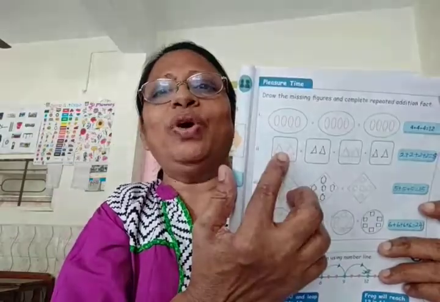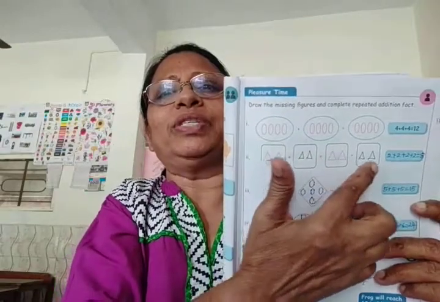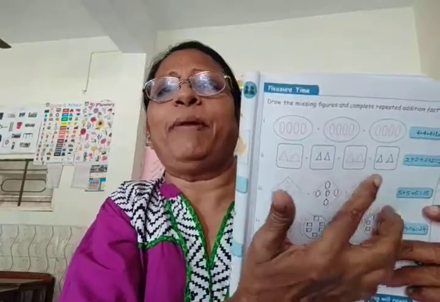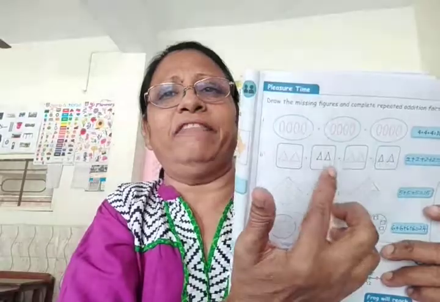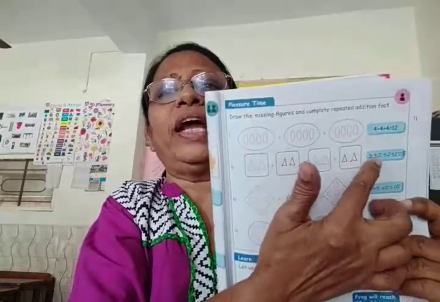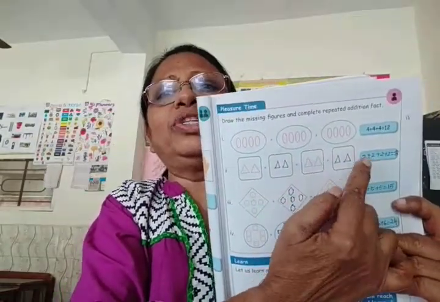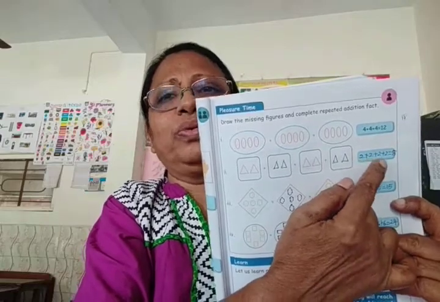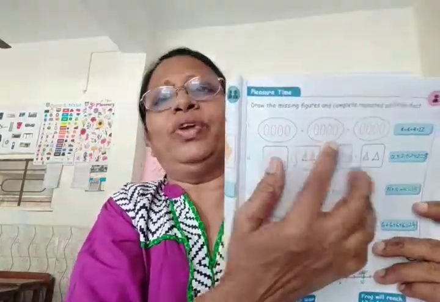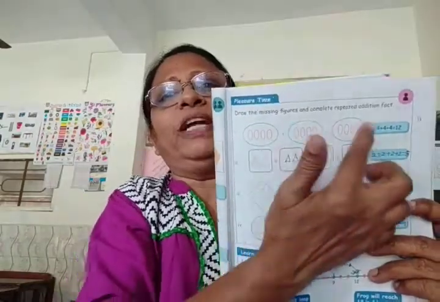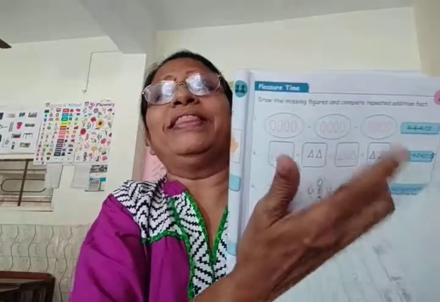For example, 2 plus 2 plus 2 plus 2. This and this may be a fill up, and you should know how to draw the given figure, and then you write, don't forget to write this one. 2 plus 2 plus 2 plus 2. Okay, 4 times 2, you will get answer 8. So when you complete this, you have to complete this also. This page is coming for exam. You have to learn. So revise this page number 13 also.